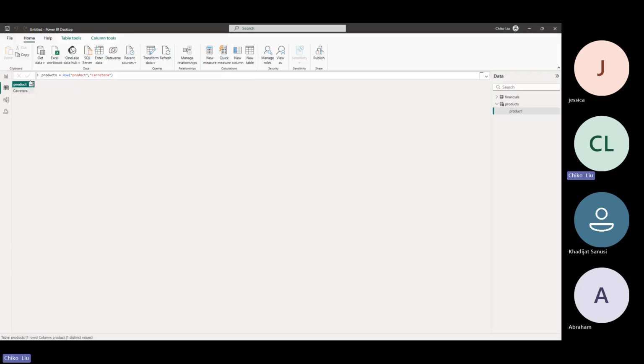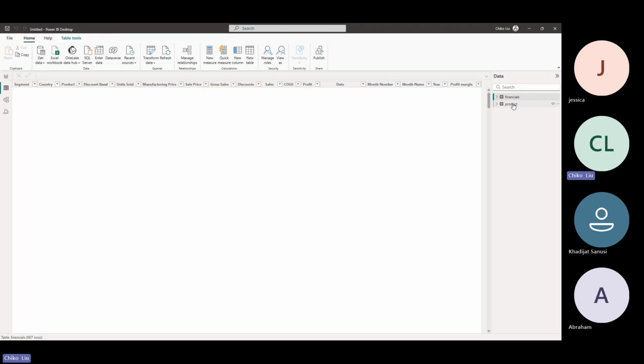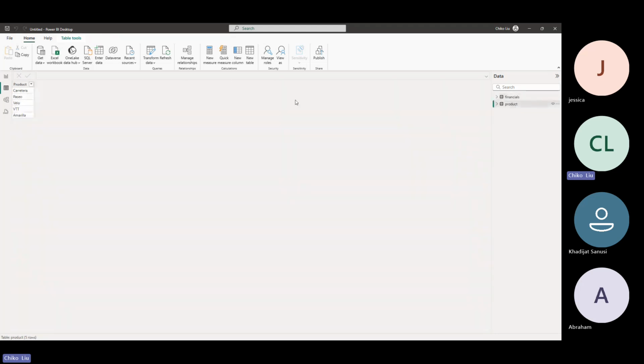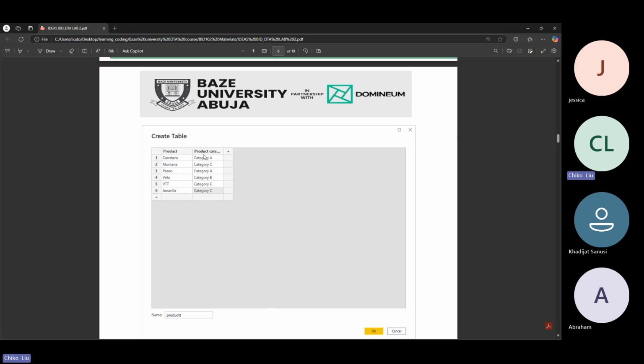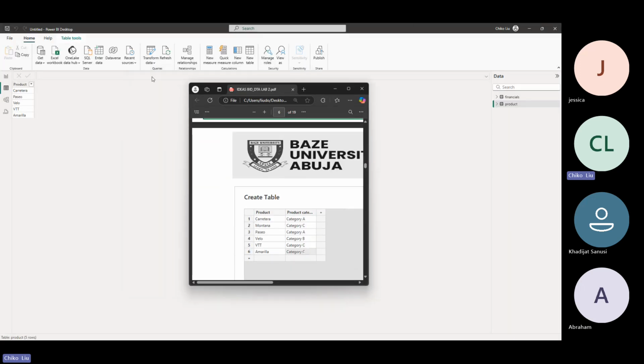Now I'm going to remove this product table because I don't think we need it. I wanted to use DAX, but obviously I'm not too good with DAX. Now it's asking me that I should create, for Carotera category, a product category: A, C, A, B, C, C. That's what it said they ask us to do. And so what I can then do is